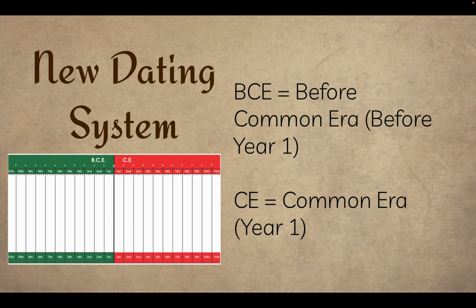Excellent. And so when we talk about the new dating system for history, BCE is the before Common Era, and this is before year one. So there is not really a year zero. In history, we don't do a year zero, we do a year one, because time